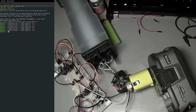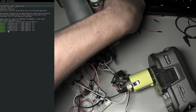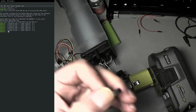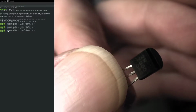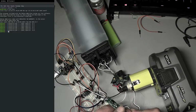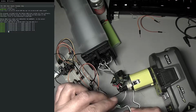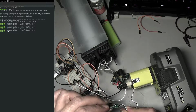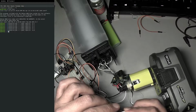I just grabbed, I think this is a something 7000. It's basically just a really little MOSFET as far as I know. So I use that to protect me against the pack voltage, because I'm running this 3.3 volt dude, and I needed to switch this high voltage on this switch, which is what I'm shorting, so I'm just in parallel with this switch, it reads 18 volts, and I'm sure once it's on,